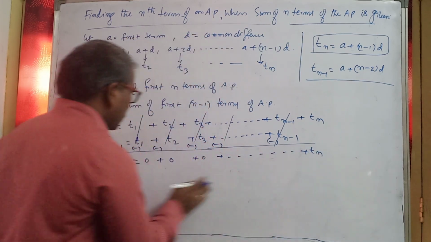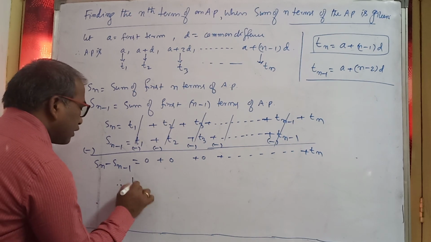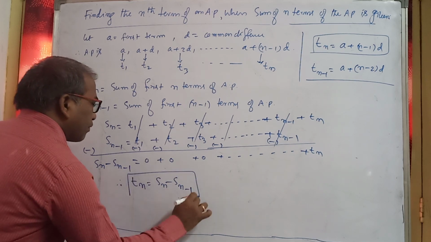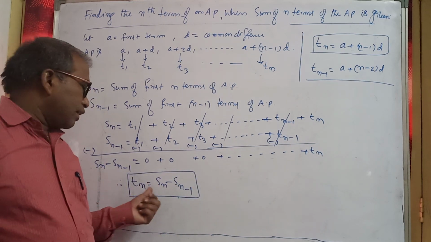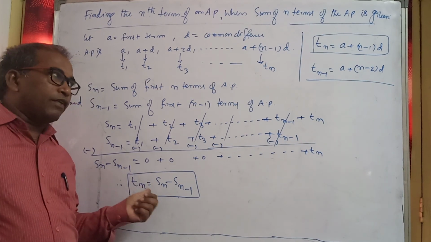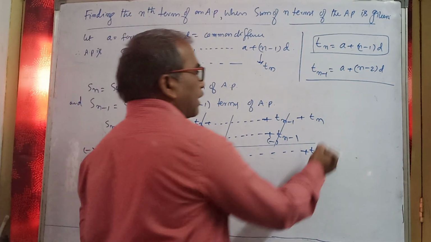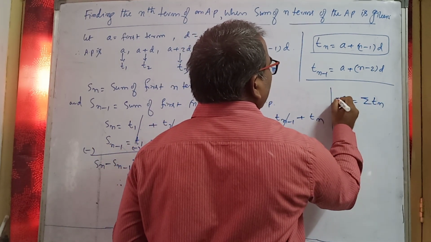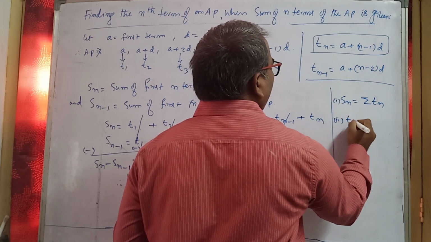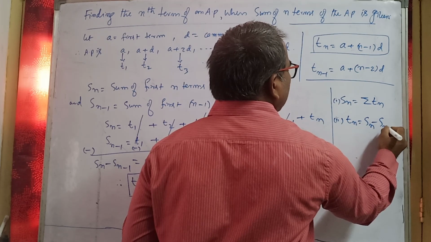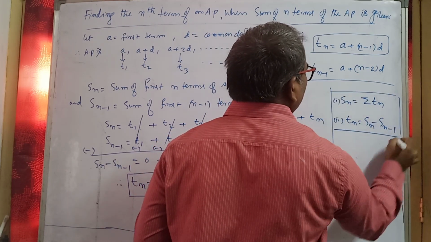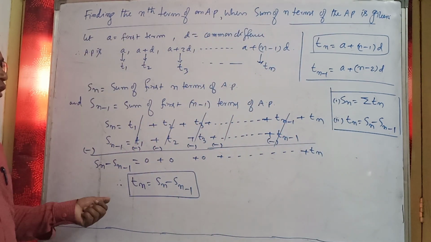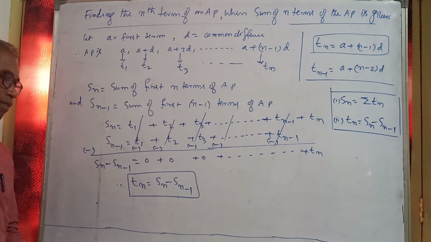Plus Tn left. So that means finally I would write Tn is equal to Sn minus S(n-1). Remember this formula. When the sum of the terms is given, find the nth term by using this formula. Remember, I will write the note here. Sn means sigma Tn. Second one, if you want to find Tn, it is Sn minus S(n-1). Okay? So copy this. I will do one problem regarding this.